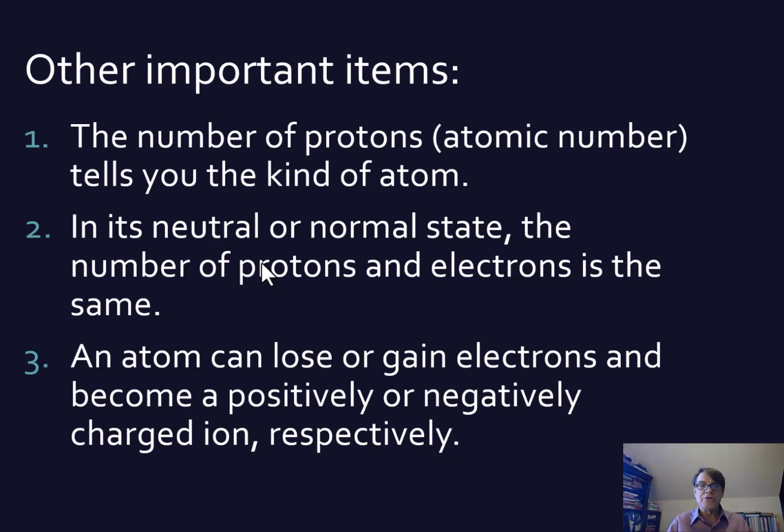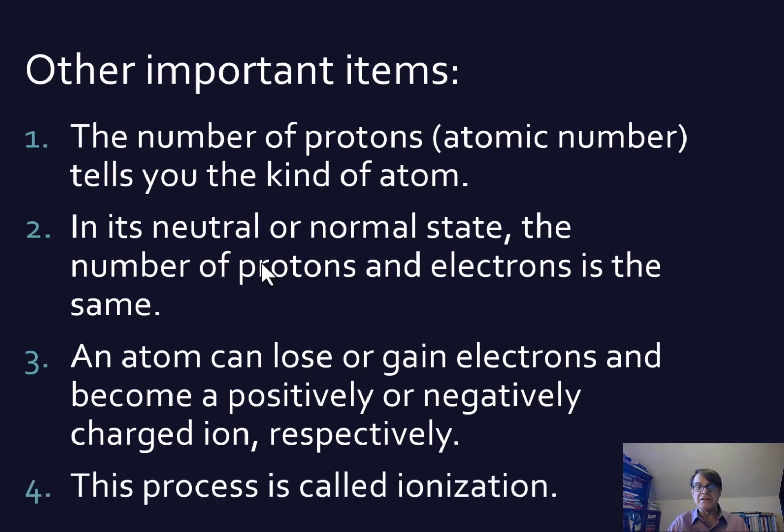So when hydrogen loses an electron, it gets rid of some of its negativity. It becomes more positive, +1. Lithium is also an atom that likes to get rid of its outer electron and become a +1 ion. And so ions are positively or negatively charged collections of atoms that have lost or gained electrons. We call this ionization. When a neutral atom becomes an ion and takes on a charge, that's called ionization.